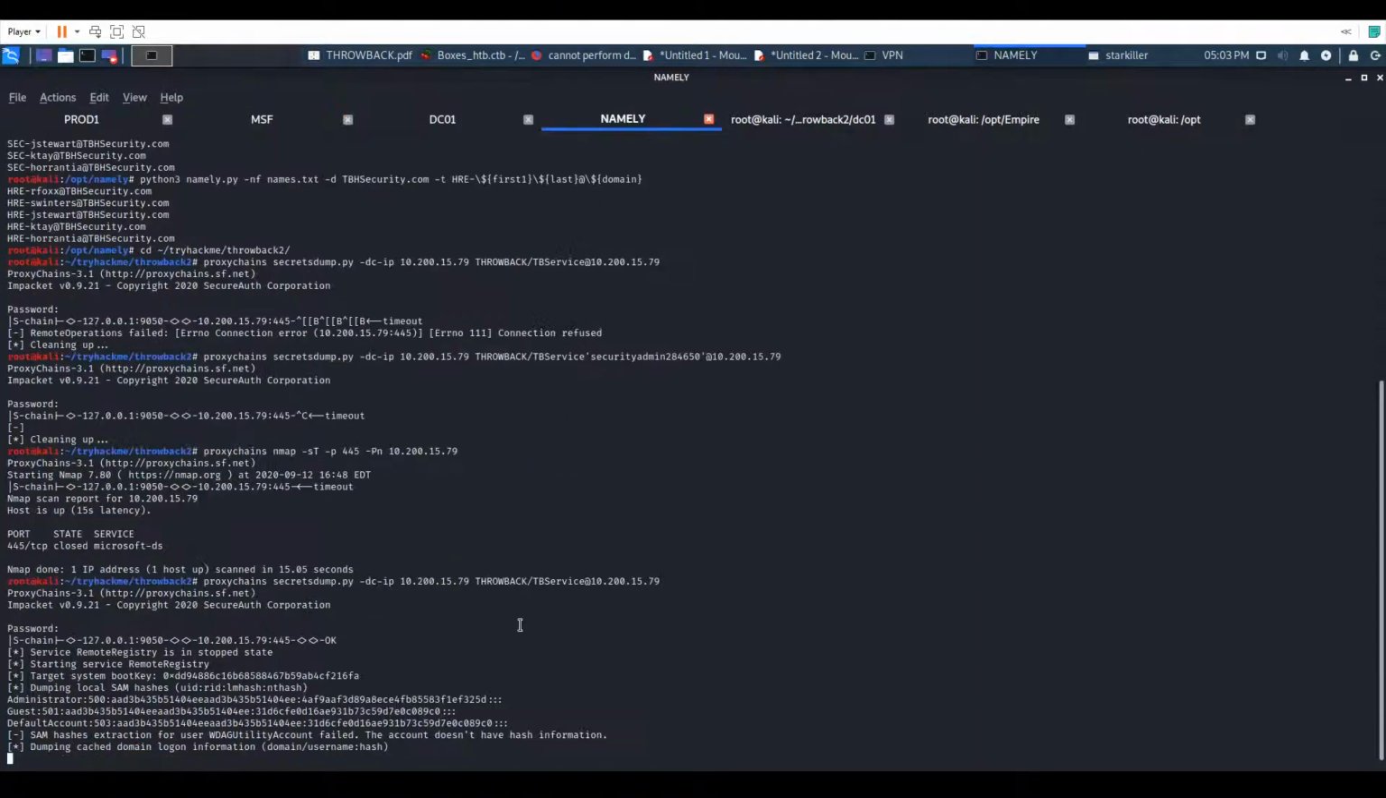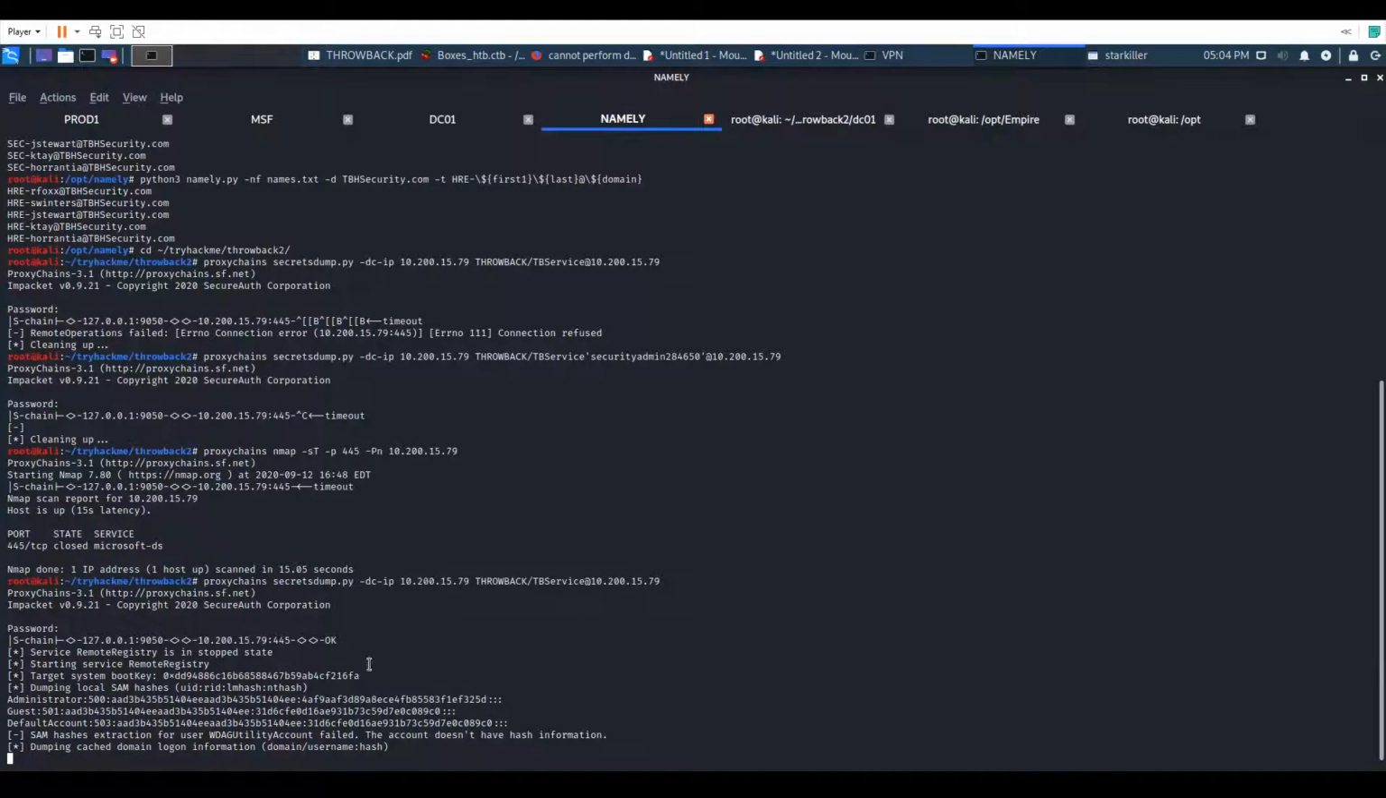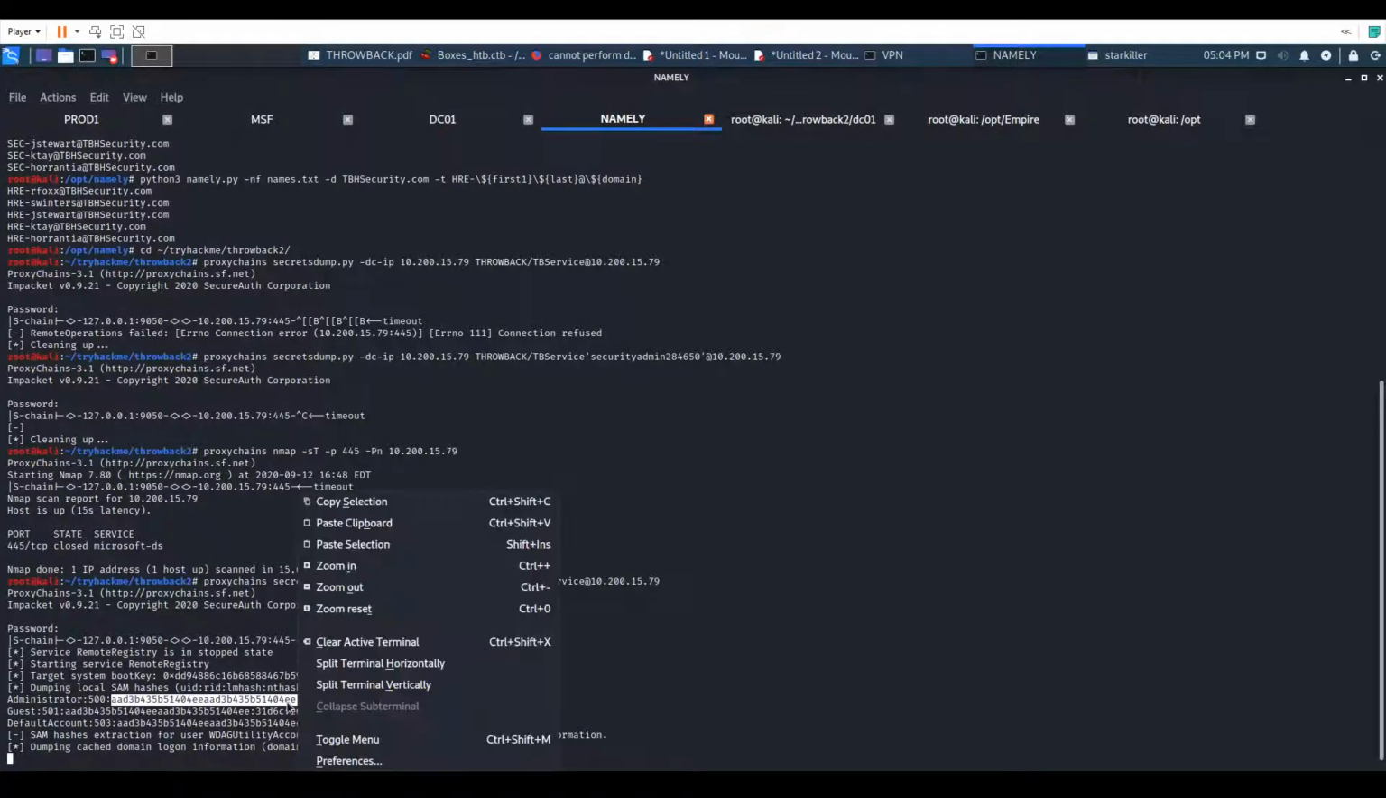For me, this autoroute stuff is dark magic, because most times if you want to just smoothly run everything, it would not work. But now the session died and I was able to just change the session to 4. Great, cool. I mean, the task completed successfully. We obtained the hash of the administrator, and that's game over. Why? Because right now